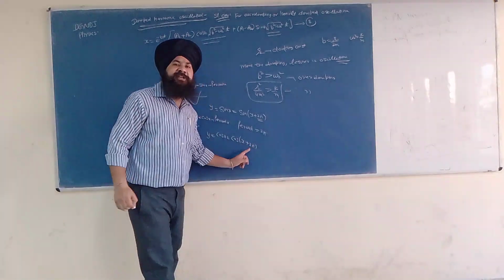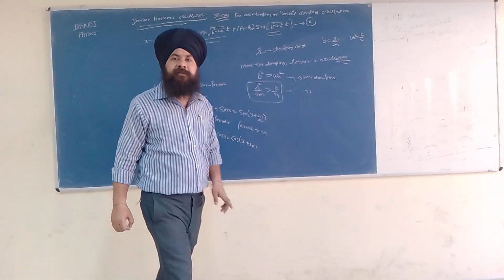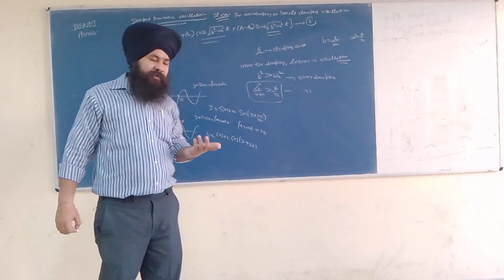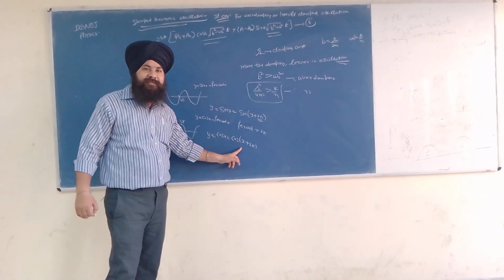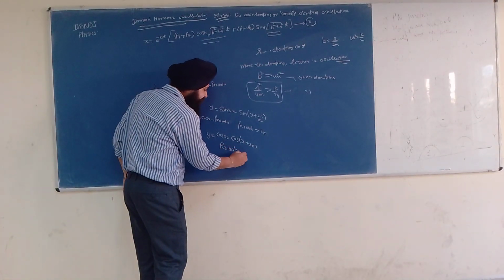So 2 pi means 360. Sin of 360 plus theta, what's the answer? Again it comes in the first quadrant, so the answer is cos x. So this equation, the left hand side, must be equal to the right hand side. So what is the period of cos theta? Friends, the period is again